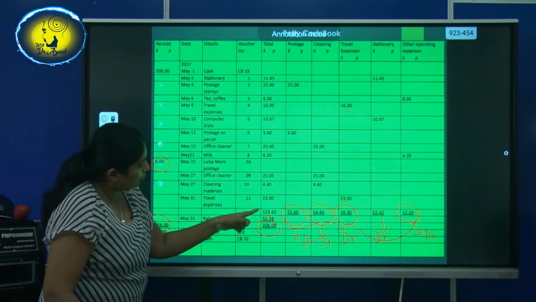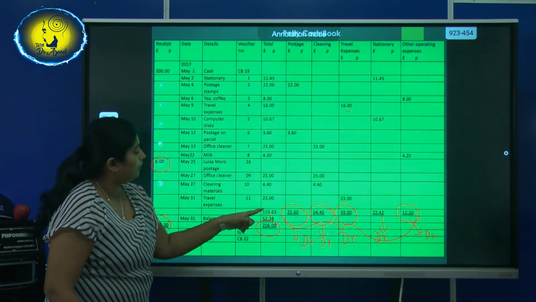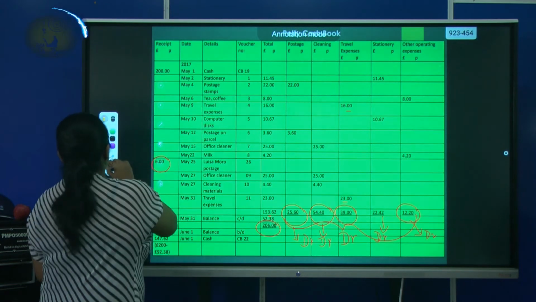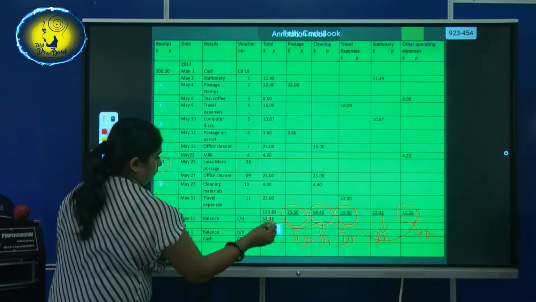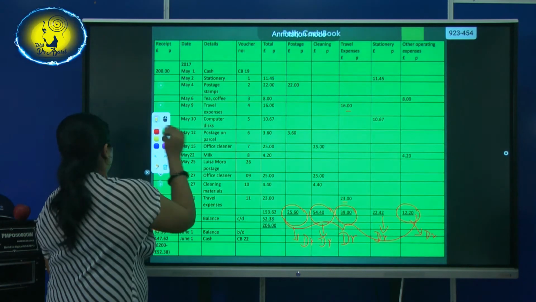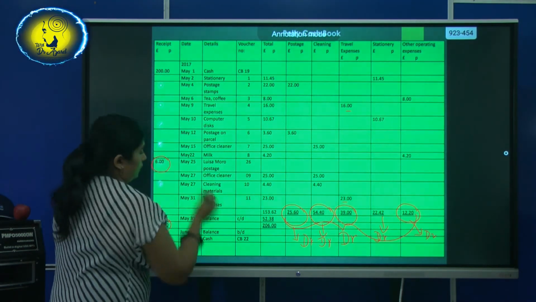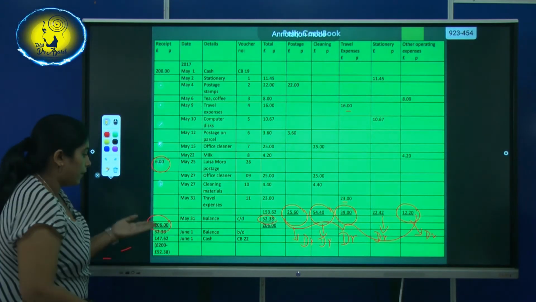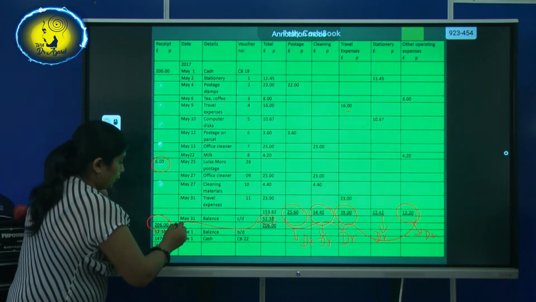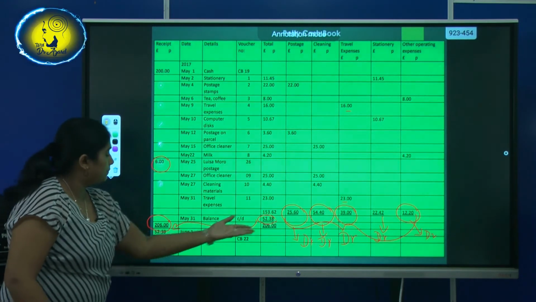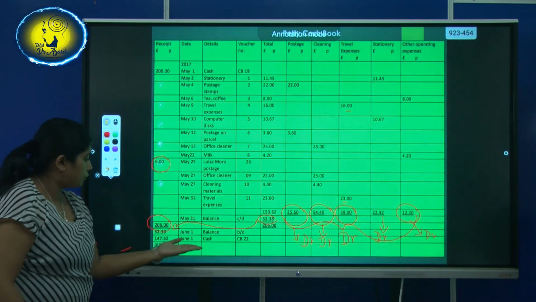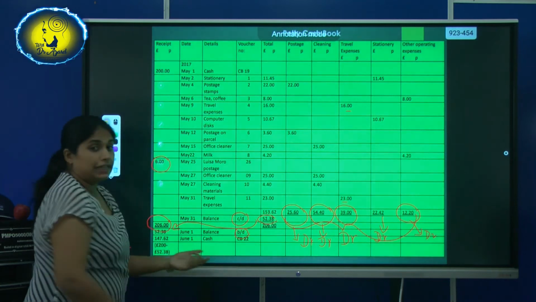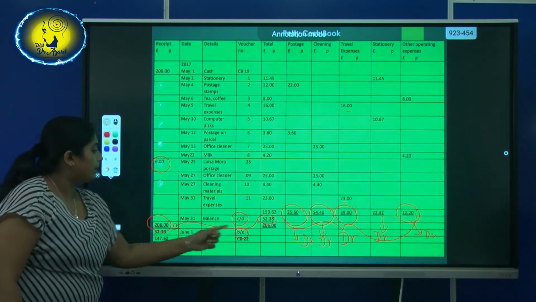Then the addition of the total column has 153 pounds and 62 pence. That should be subtracted and you will take this value. This value is your balance carried down for the next month. Here you will see June 1st. This is the month of May; you will be taking it to June. On the 1st of June, the balance brought down. CD is carried down, BD is brought down. And it will be recorded.